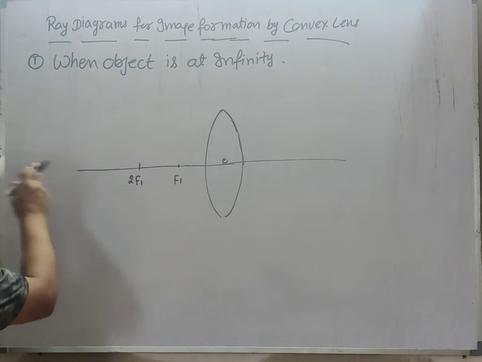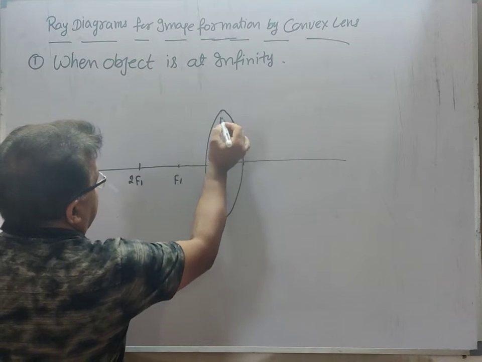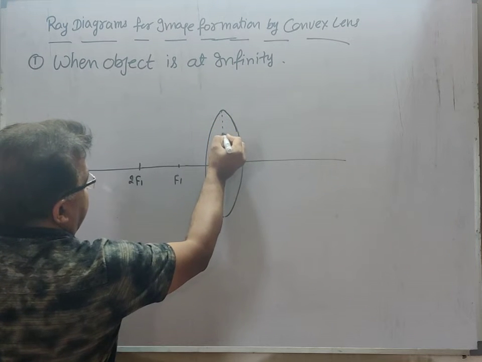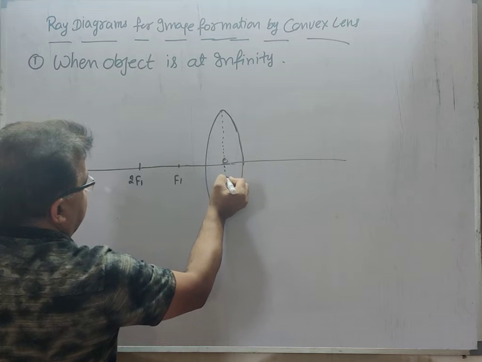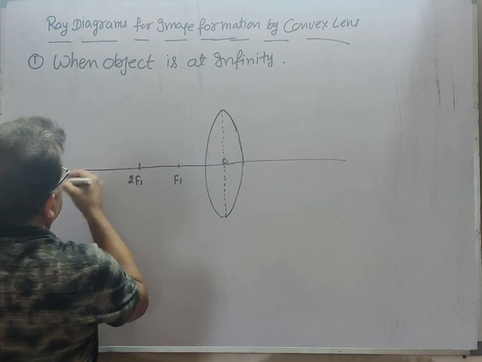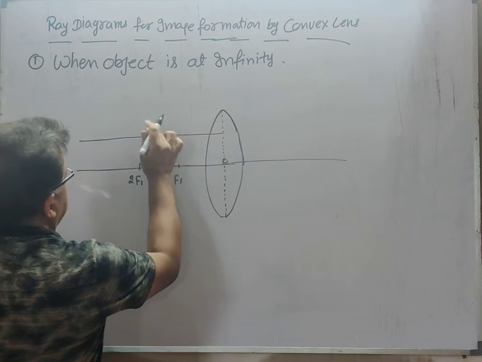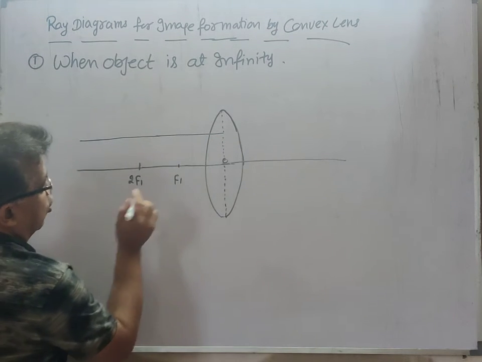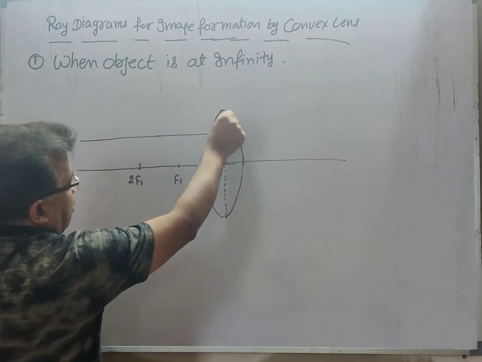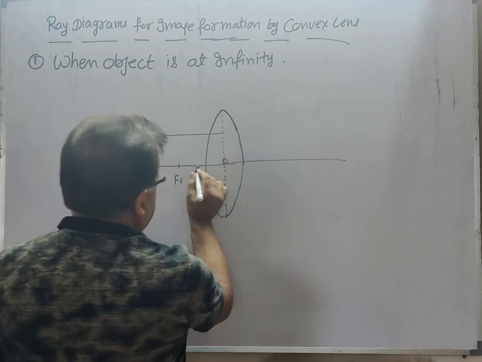So we know that rays from infinity are coming parallel. For our convenience, we can draw a line in the middle of the lens, and this is the incident ray. Some students show refraction from here, from here or here. Therefore you have to draw a line in the middle and show refraction from this middle, and on that side at equal distance there is